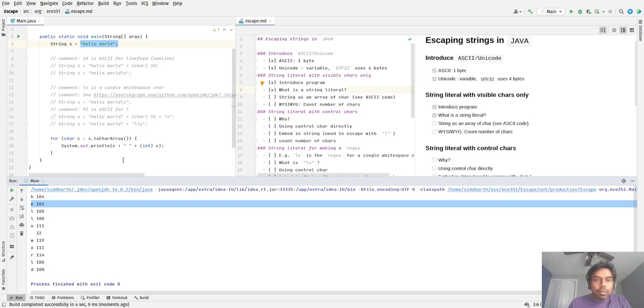So when I convert it into a character array and print things out, it is what you expect. There are no surprises. And if you count the number of characters here, they will equal the number of characters in the given string.